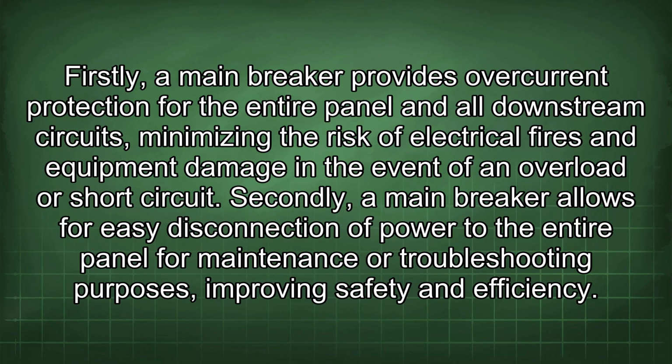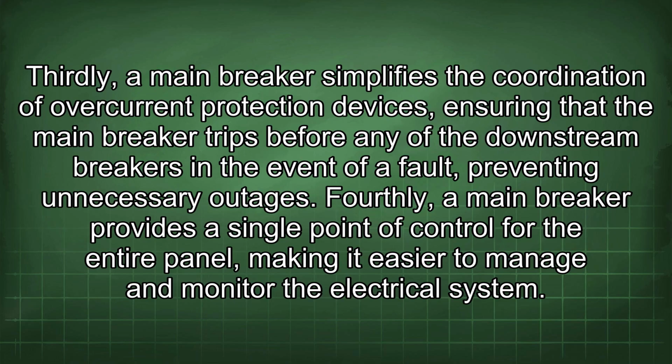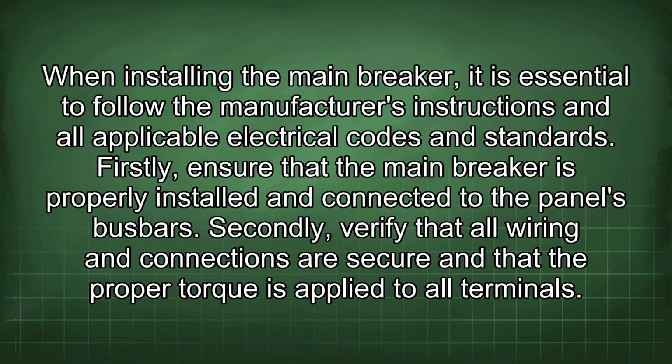Secondly, a main breaker allows for easy disconnection of power to the entire panel for maintenance or troubleshooting purposes, improving safety and efficiency. Thirdly, a main breaker simplifies the coordination of overcurrent protection devices, ensuring that the main breaker trips before any of the downstream breakers in the event of a fault, preventing unnecessary outages. Fourthly, a main breaker provides a single point of control for the entire panel, making it easier to manage and monitor the electrical system. When installing the main breaker, it is essential to follow the manufacturer's instructions and all applicable